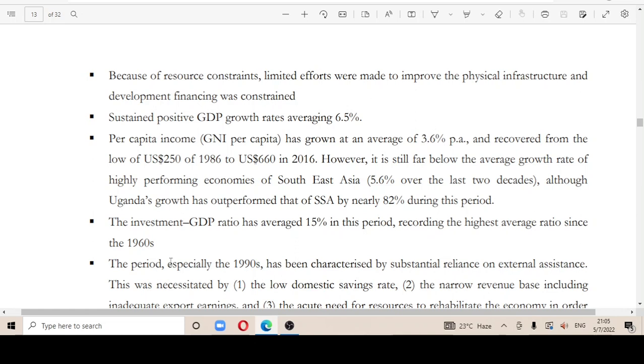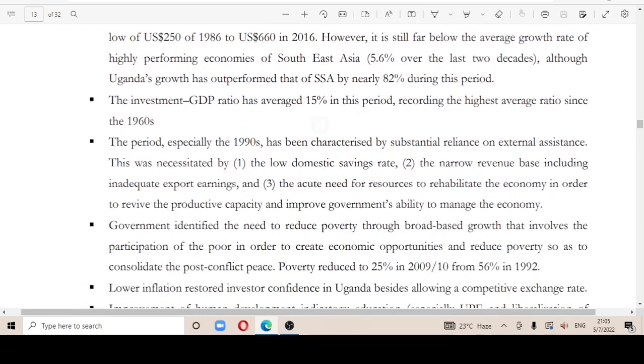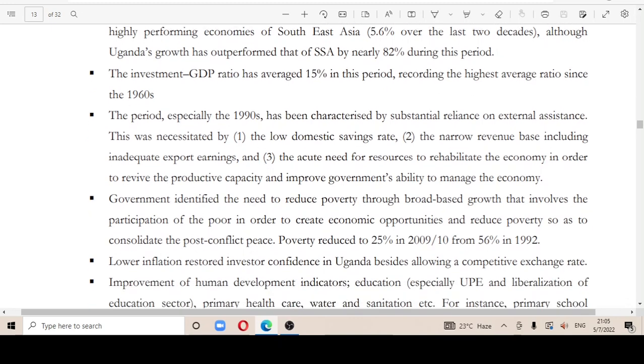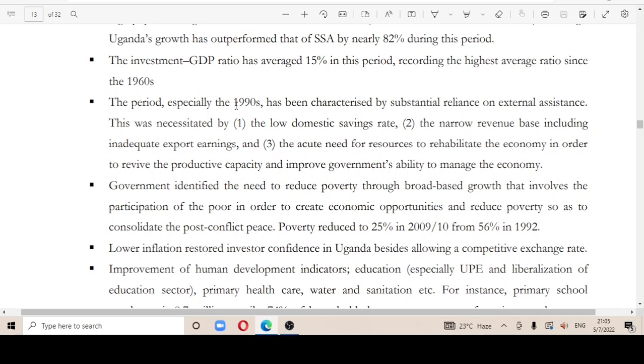Then we are having the investment GDP ratio averaged to 15%, meaning for every investment 15% was reinvested. Then the period, especially the 1990s, has been characterized by